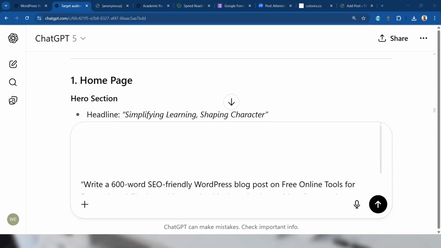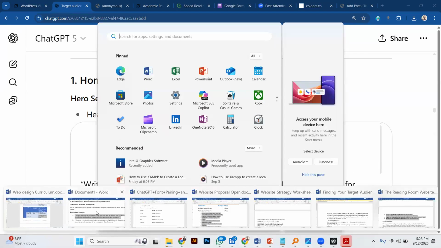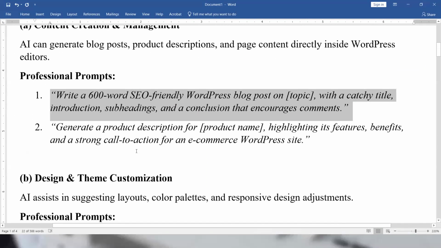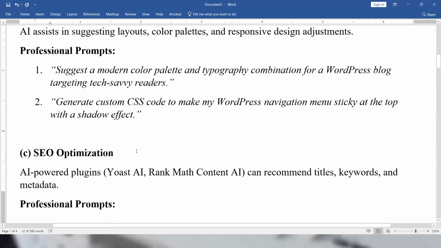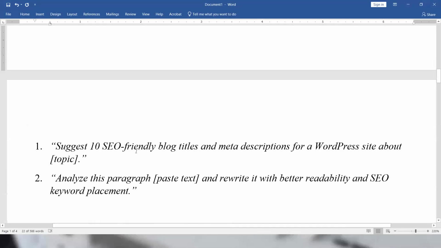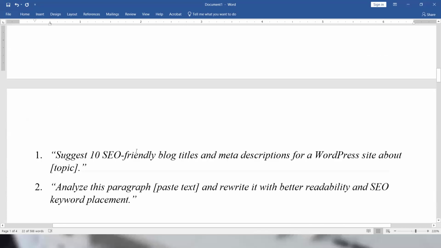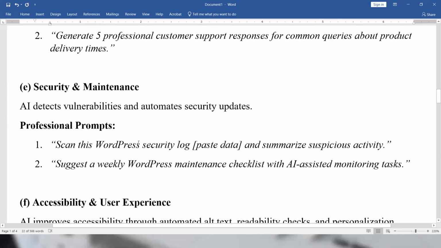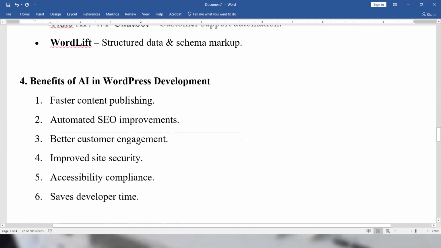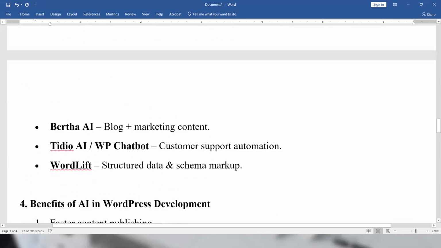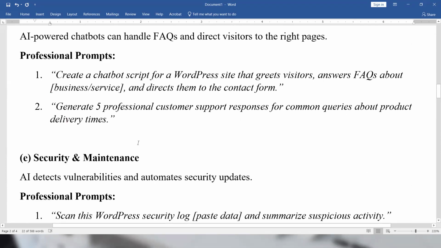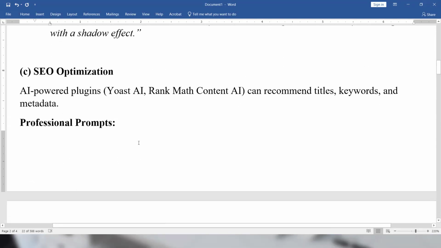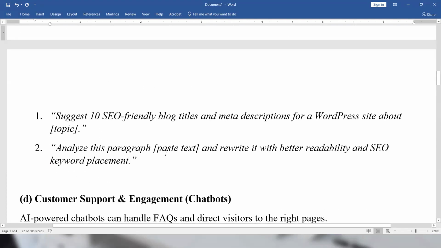So please, I believe you people have seen that AI is very, very key. In this lesson, I've covered some few ways. I wish to ask you to go and try out using the prompts. In the notes I'll give you, I've put some prompts. And some of the prompts I've not been demonstrating because I knew you're going to try out. For example, when it comes to SEO, you are supposed to ask it to help you